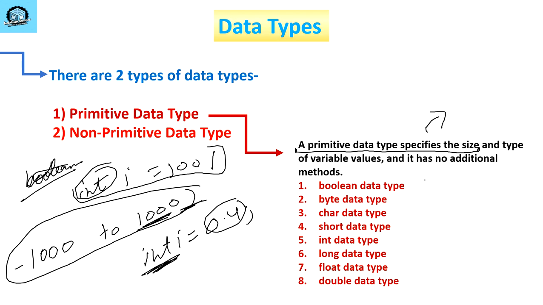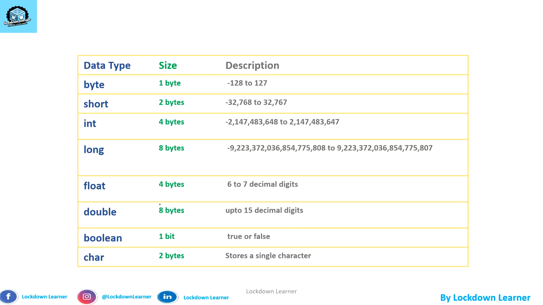Now let us discuss the different primitive data types. We are having boolean, byte, char, short, int, long, float, and double. Okay, we are discussing the size of each now, how much size each is having. So first we are having byte. Byte is only 1 byte in size and can store minus 128 to 127. And then we are having short. In short, you are seeing it has a size of 2 bytes and minus 32768 to 32767. It can store values in that range.